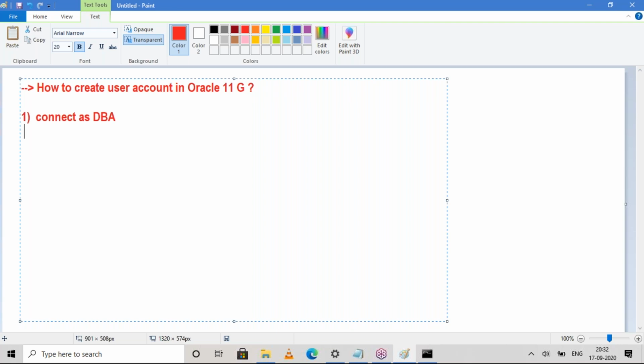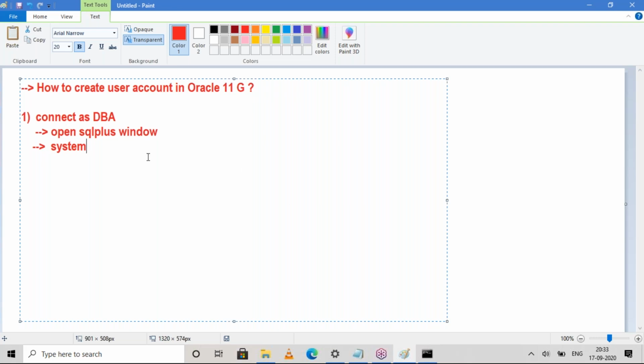How to connect? Here I am writing sub steps. Open SQL Plus window. Next step, in that window, username is system and password is,